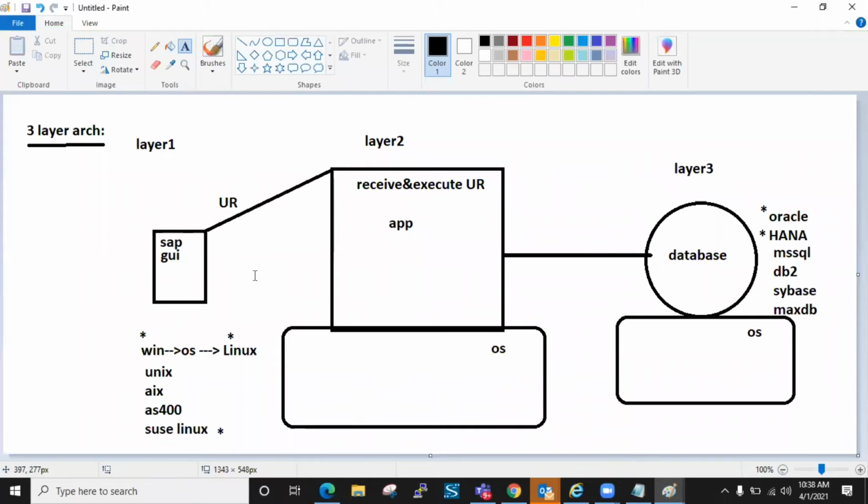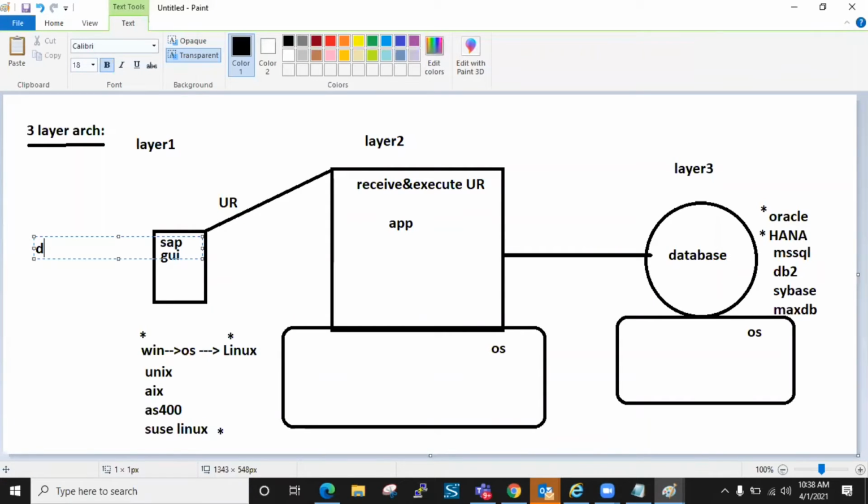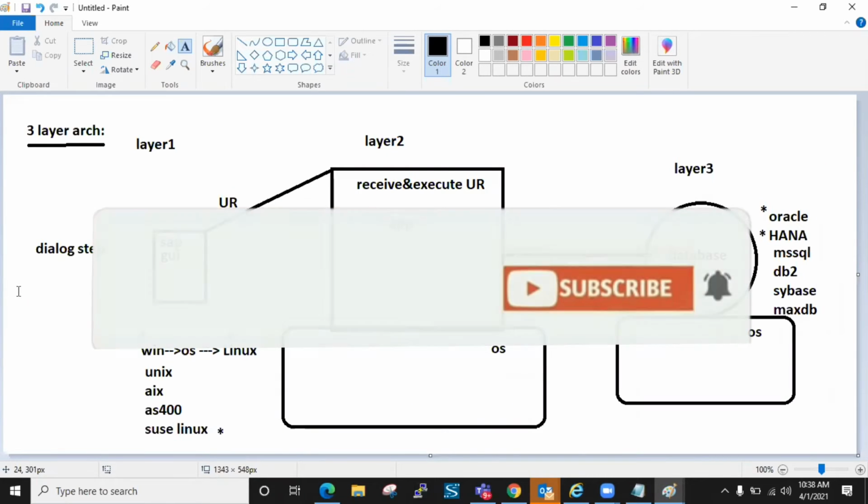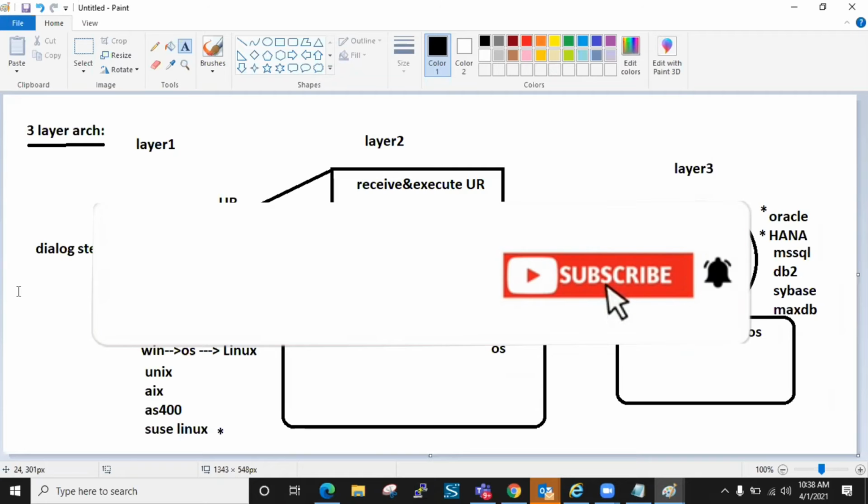No. Whenever you do a dialog step, it's a new word, dialog step, no problem. A dialog step means anything like execute, running a transaction, clicking on the next screen. I will compare with some example, no issues. Whenever a dialog step happens on the GUI,